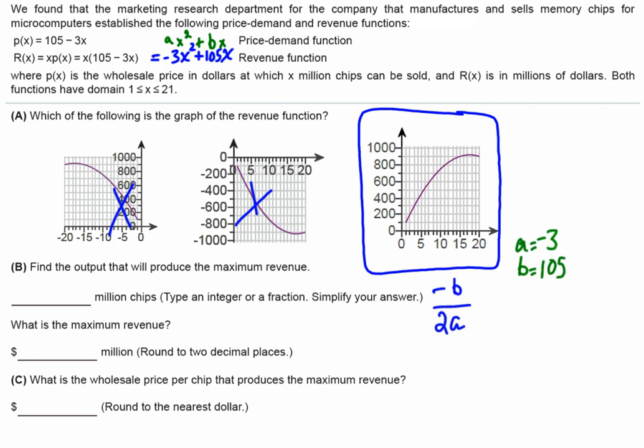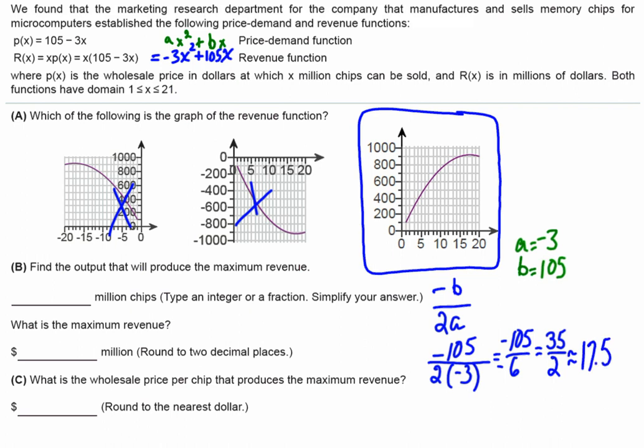Substituting in those values, I have negative 105 over 2 times negative 3. Negative divided by negative is positive, so reducing, dividing the numerator and denominator by 3, we have 35 over 2. And that's about